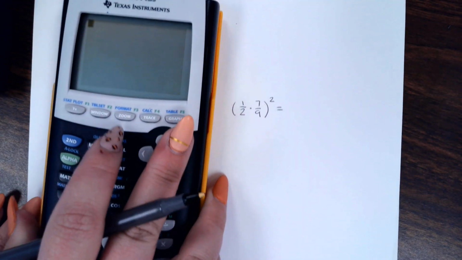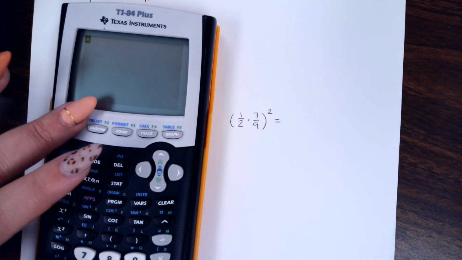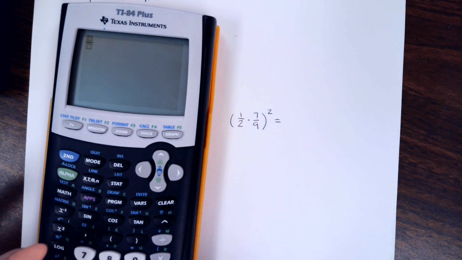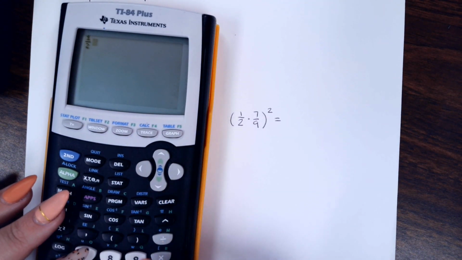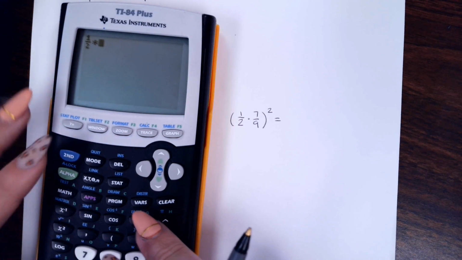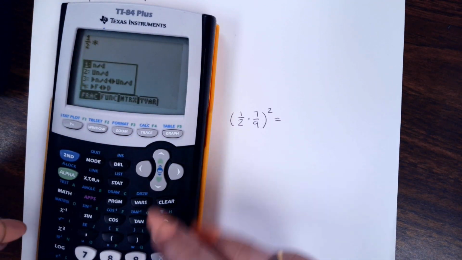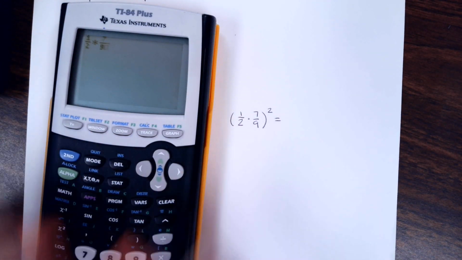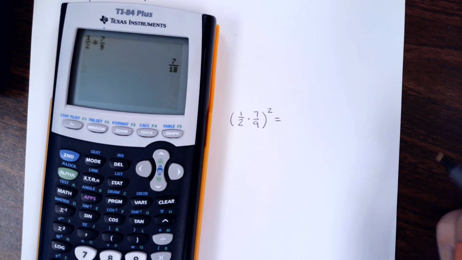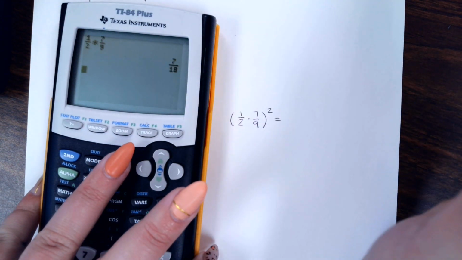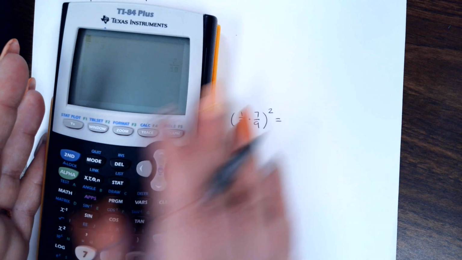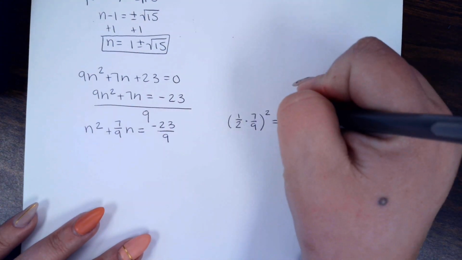So, if you do 1/2 times 7/9, that gives us 7/18. If you can do it without the calculator, that's awesome. If not, use your calculator. So we'll get